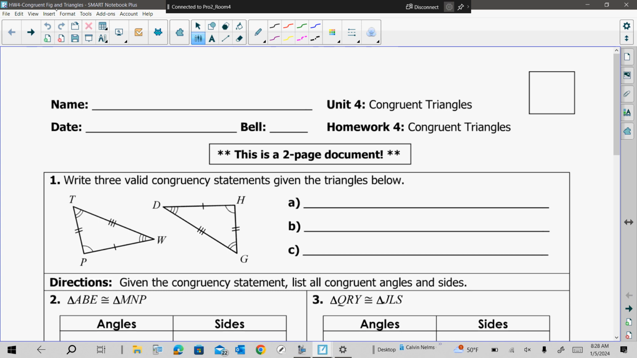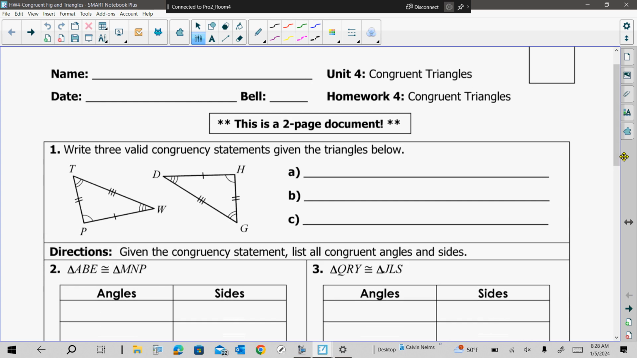Couple in each section, and some of the answers are going to vary. It just depends on how you start your statement, okay? So I'll tell you which sections where the answers will vary. They want you to write 3 valid congruency statements. For it to be valid, the order matters,